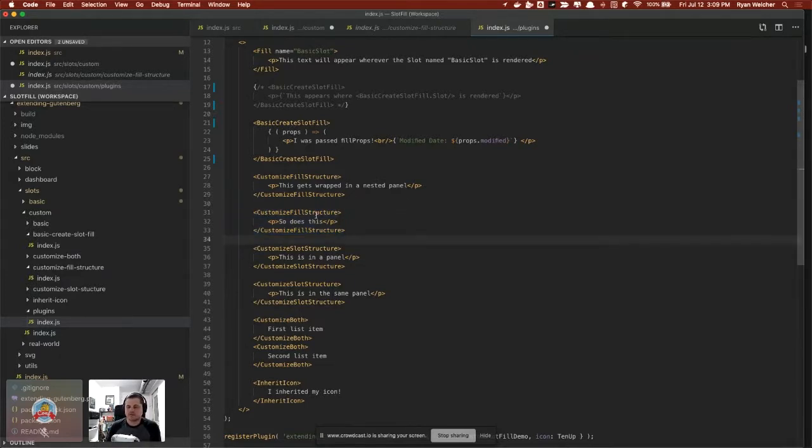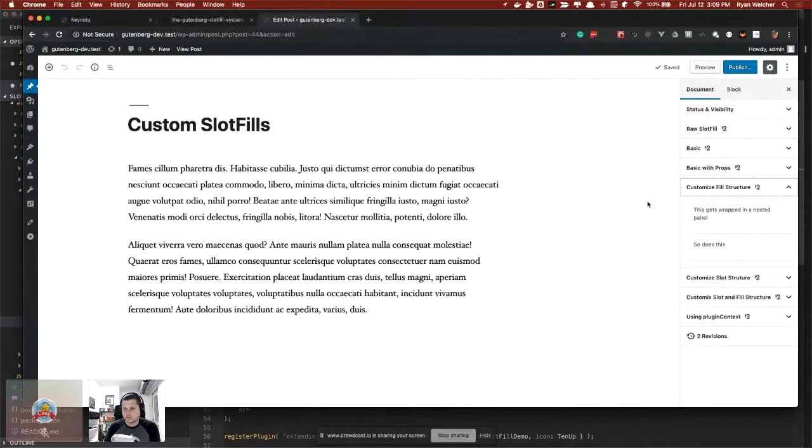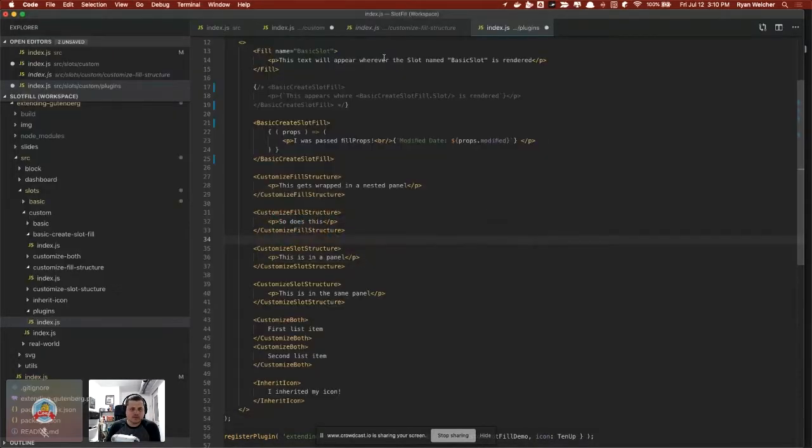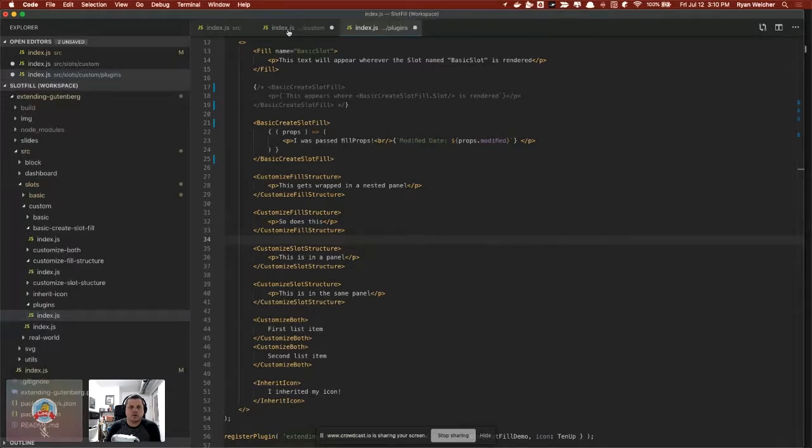But each one of these is now going to be wrapped inside of a panel. So again, if we go back over here, you can see that this gets wrapped inside of a panel, and this gets wrapped inside of a panel. Now it's doing this weird CSS nesting thing because a panel shouldn't really go inside of panels, but I just needed a demo. So, right. So the next one I want to talk about is the other side of this, where we can